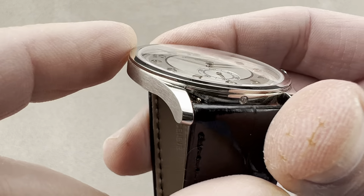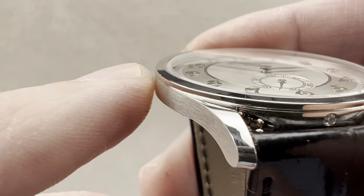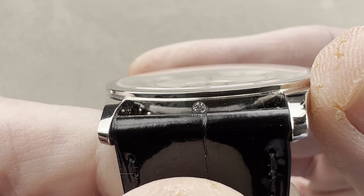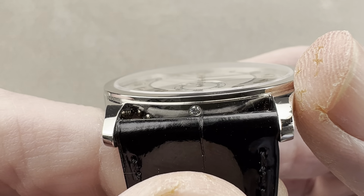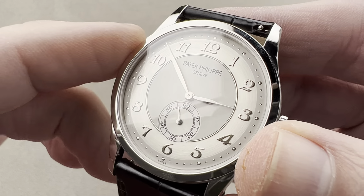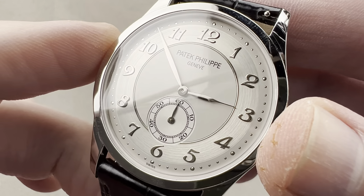You can see that we have a relatively simple profile, polished on the hood, satin on the side. The bezel is very slightly stepped in, but it has a vertical lip followed by an almost completely flat facet. The crown, signed with Patek's Calatrava cross. You can see the brilliant cut-top Vesselton diamond between the lugs, letting you know that this is a modern-era Patek Philippe in platinum. We have Breguet-style Arabic numerals, a very special treatment that's generally present on extremely special Patek Philippe